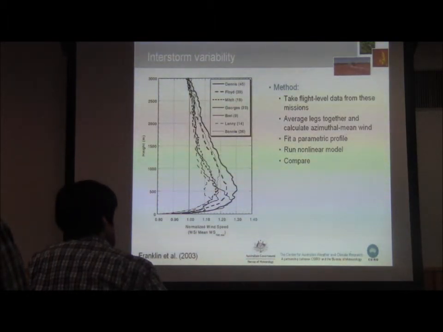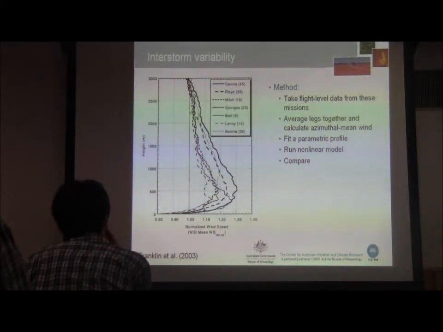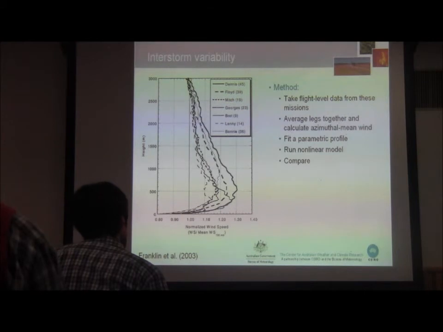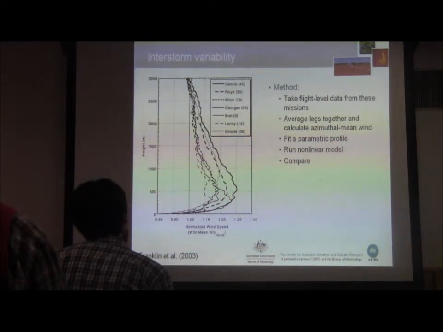There was a paper by Roger Smith and Mike Montgomery that had some discussion of different turbulence parameterizations and their effect on the shape of the wind profile. But I don't think that's a very good explanation, because the physics of turbulence should be the same in every tropical cyclone. And now we know that our turbulence parameterizations are not perfect, but it's difficult for me